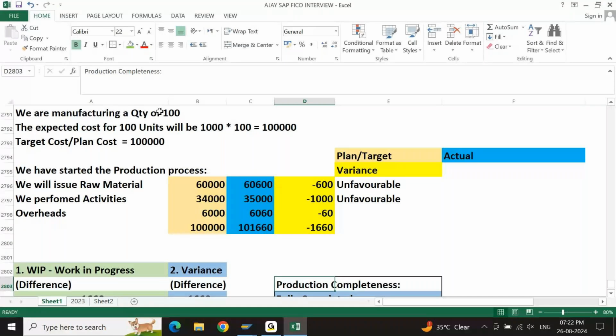If it is a controlling document, do you have debit and credit in controlling? No, only one aspect, debit or credit, when it comes to primary cost element. But when it comes to secondary cost element, do you have debit and credit in the secondary cost element posting during the production? You will have debit and credit,